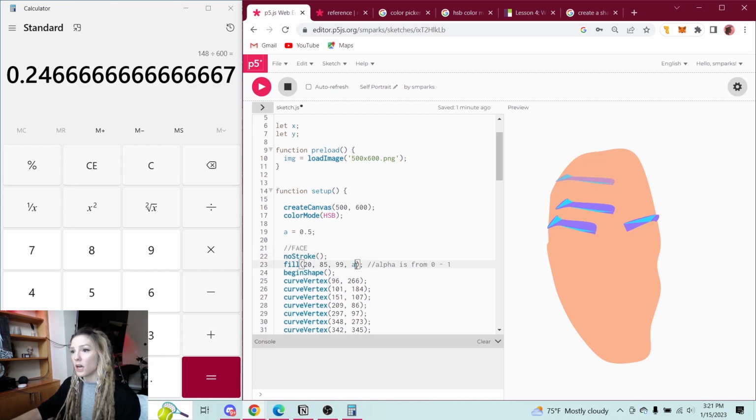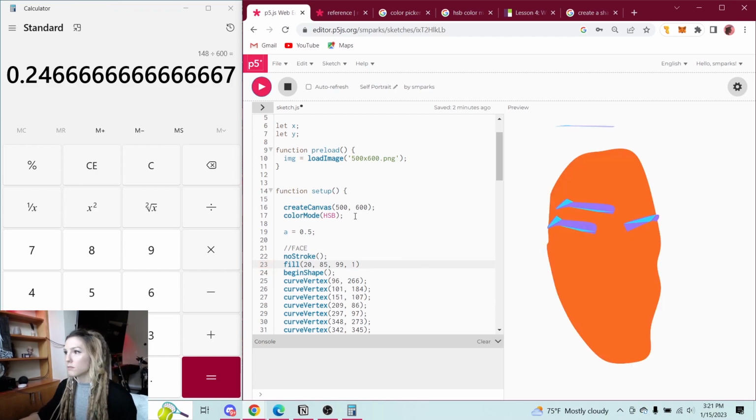Cool. Let's turn that alpha value to 100. I was just playing with the alpha value before. Oh no, the alpha actually is 0 to 1. So we'll put in 1 for the fill of the face. Boom. So now, yeah,